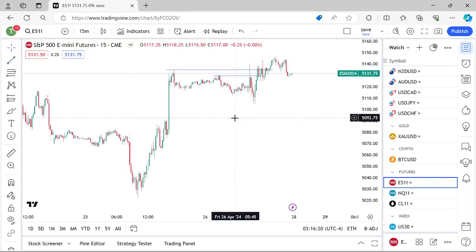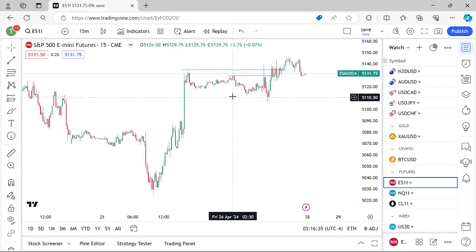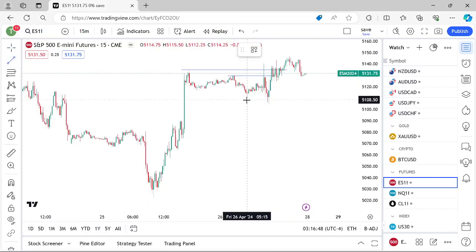So the key thing whenever you're navigating news, of course, is you need to understand where your key liquidity pools are at. You need to understand what market structure you're in, all that good stuff, right? So in this case, we've already identified our liquidity beforehand. We know where our liquidity pools are. We know high of day is a key liquidity pool. We know previous day's highs is a huge liquidity pool, a massive liquidity pool right there, okay? And we understand this thing is in a premium overall, right? And we have this opposing sell side down here as well, which is low of day, right? Right here.